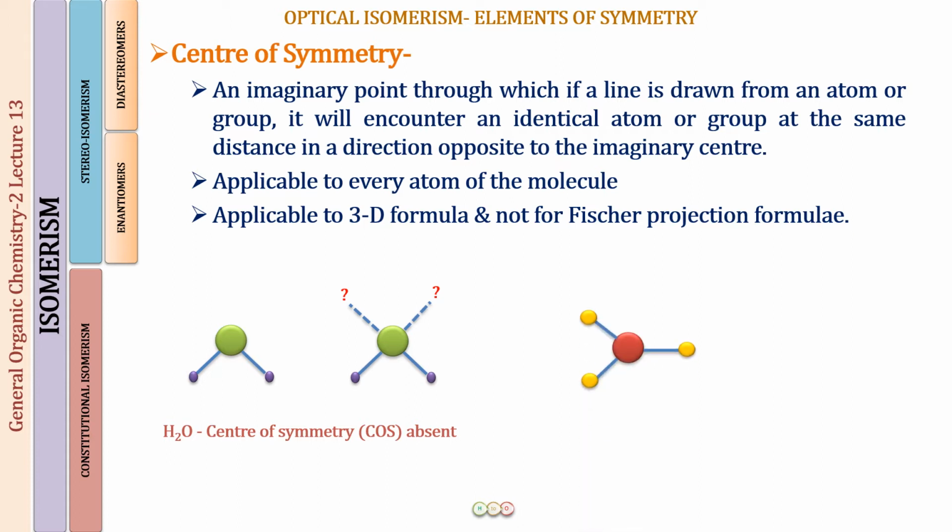The molecule that we are discussing over here has a central atom surrounded by three atoms. So this can be a BF3 molecule. In this BF3 molecule, if this is the center of symmetry, again you will find that the center of symmetry is absent, because if I move this way I find a fluorine atom, but in the opposite direction I do not find any fluorine. If I go this way, I find a fluorine, opposite way no fluorine. This way a fluorine and the opposite way no fluorine. So the BF3 molecule does not have a center of symmetry. We are going to discuss many molecules so that the concept becomes perfect.